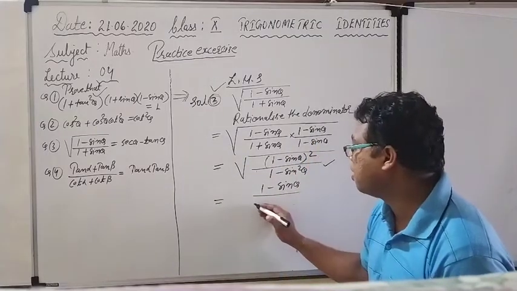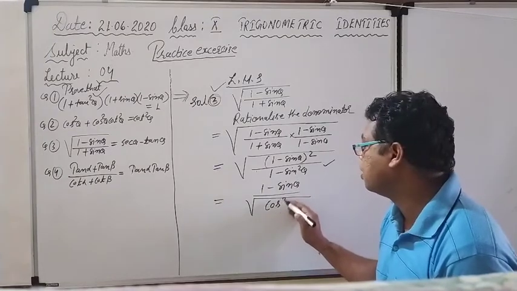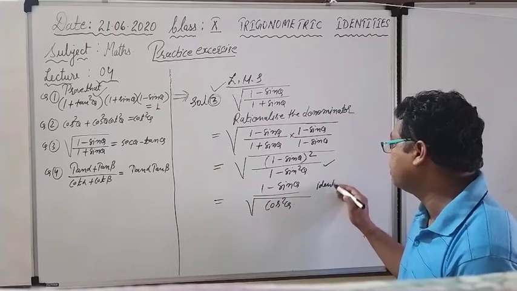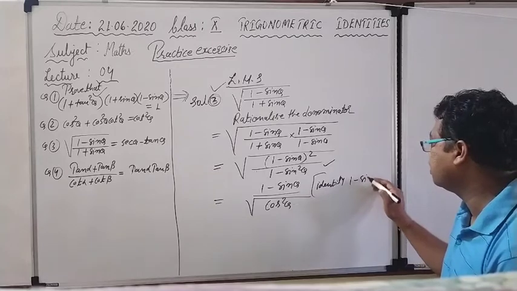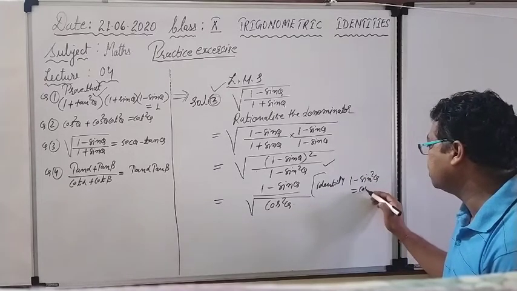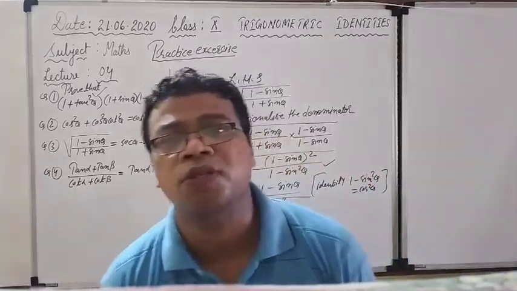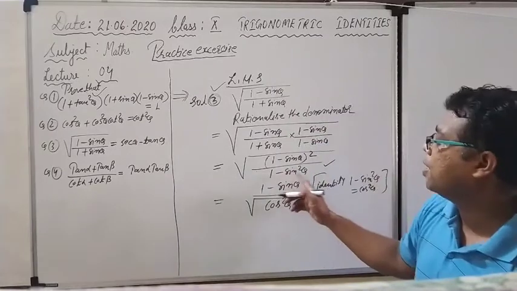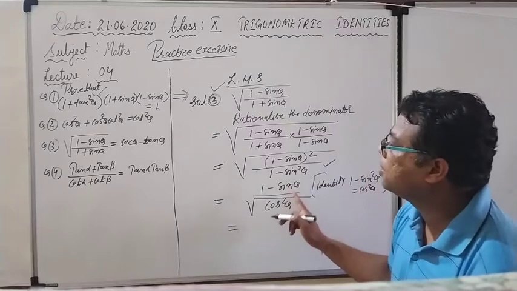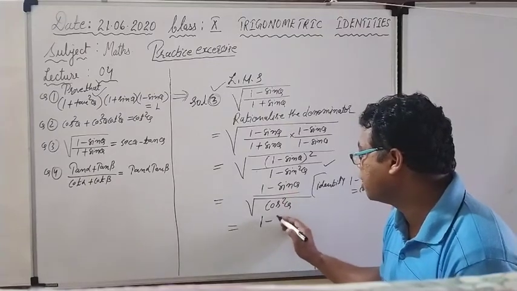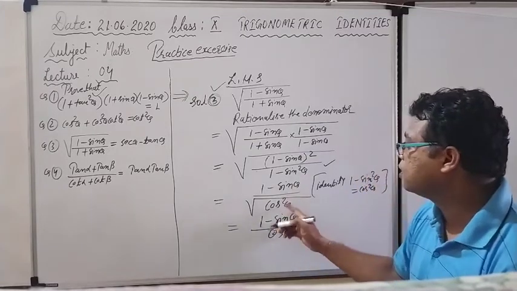Right now see what is there upon this: 1 minus sin square theta, it could be written as cos square theta, because according to the identity we know that 1 minus sin square theta is equal to cos square theta. Basic formula: sin square theta plus cos square theta is equal to 1. So cos square theta could be written as 1 minus sin square theta. I represented 1 minus sin square theta as cos square theta, and whenever I represent it in these terms, this will also come out: 1 minus sin theta upon cos theta. So cos theta also came out of the square root.